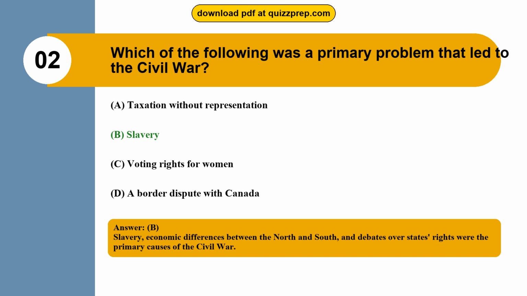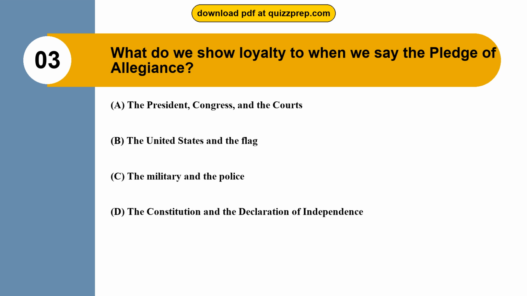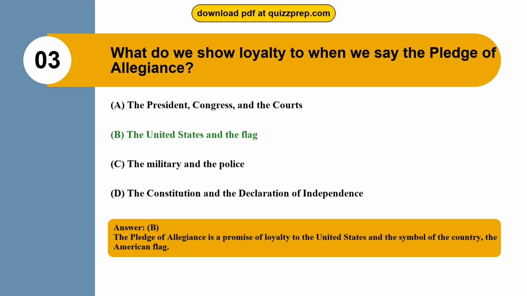Civil War. Question 3. What do we show loyalty to when we say the Pledge of Allegiance? Option A. The President, Congress, and the courts. Option B. The United States and the flag. Option C. The military and the police. Option D. The Constitution and the Declaration of Independence. The correct answer is option B. The United States and the flag. The Pledge of Allegiance is a promise of loyalty to the United States and the symbol of the country, the